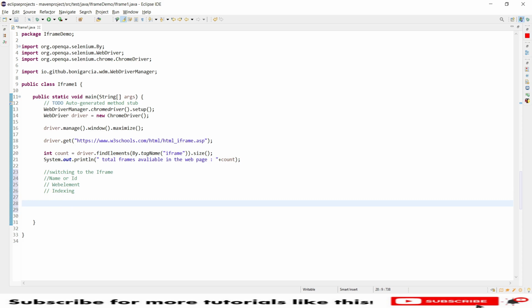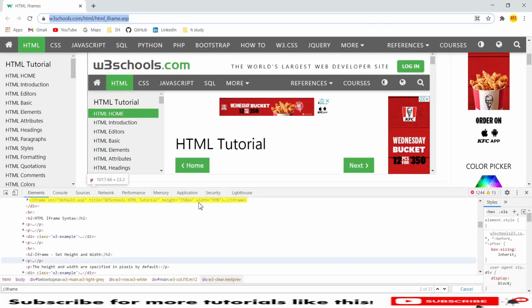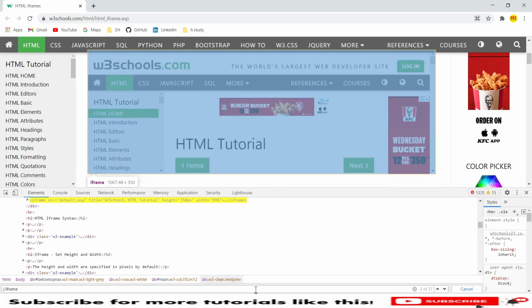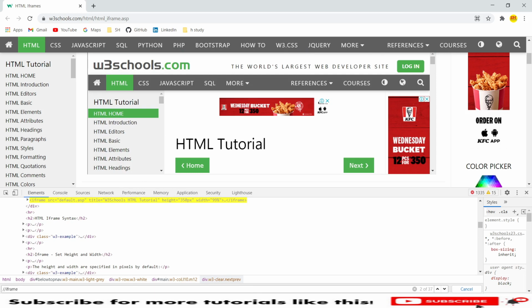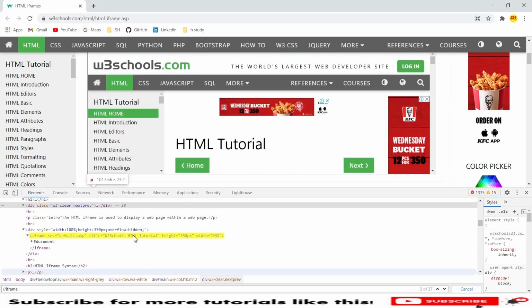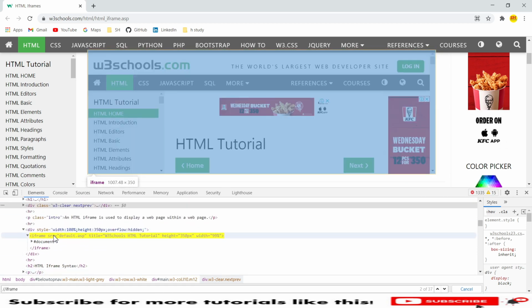Now I will show you the possible ways by using this website. Let's terminate this automated one. Now I wanted to see whether this frame number or frame index has any name, ID or a web element. So I will try to see which web element we currently have on this frame. Yeah, this is the frame that has been highlighted. If you expand this iframe, you will see all the details here, and here I have only title and source details. So the best approach here, I can use the indexing approach.